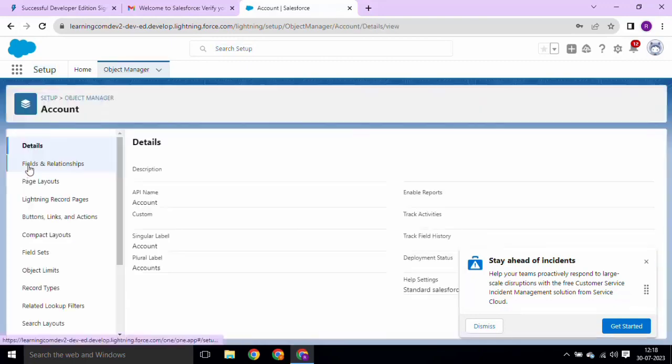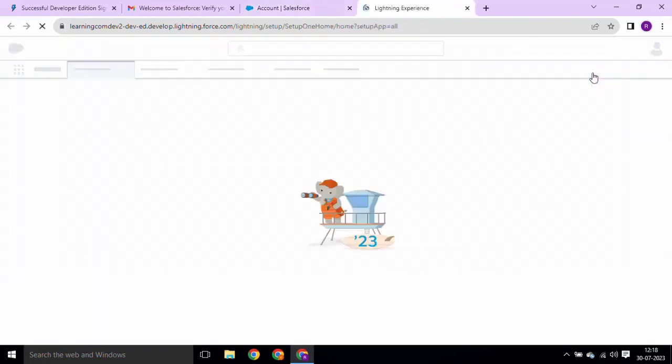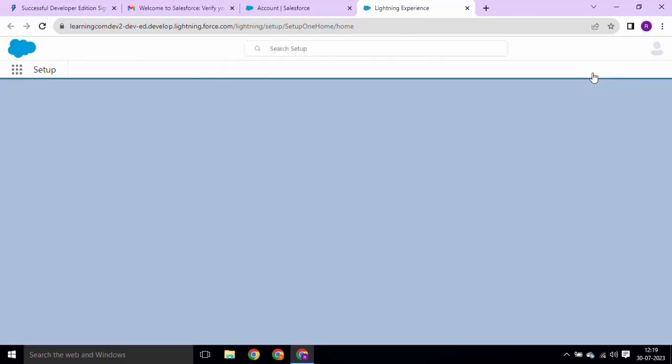That's a very basic thing. You can go to the account fields. Account fields are account name, account number, account order. So these kinds of things you can find over here. This is the gear icon that you see. From here you can go to the setup section, and from setup you can go to various different settings,